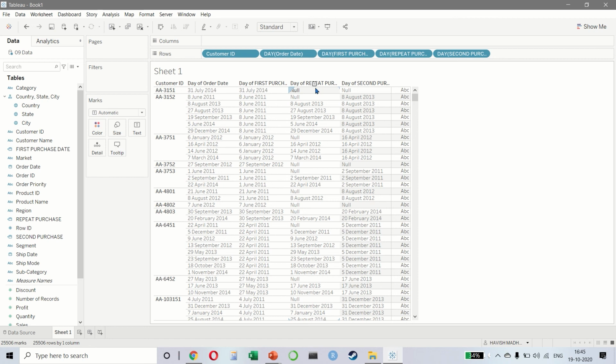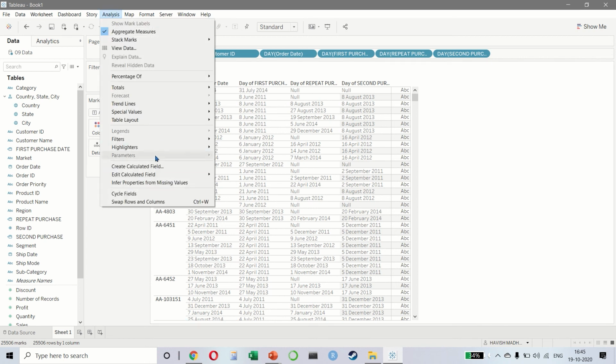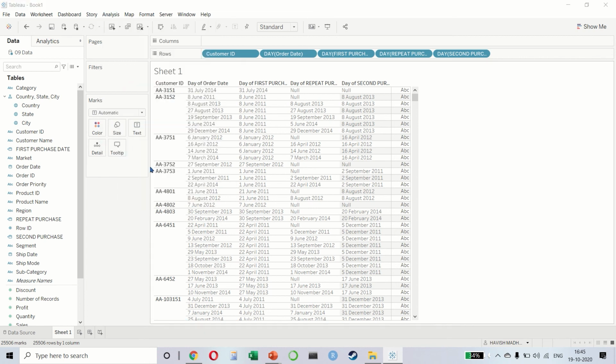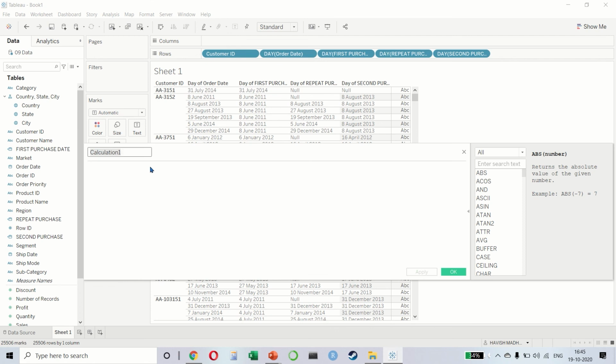What we want to do next is, we already have the first and the second purchase dates correct. We can calculate the gap between these dates. So let's do that. Analysis and create a calculation, calculated field. And here we want to find out, in our example, we want to find the quarters, right? So the quarters to a repeat purchase, and this would be